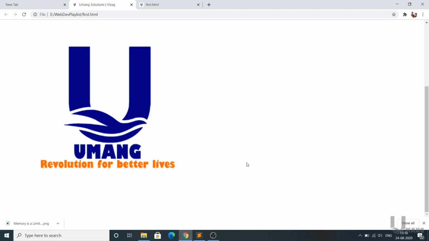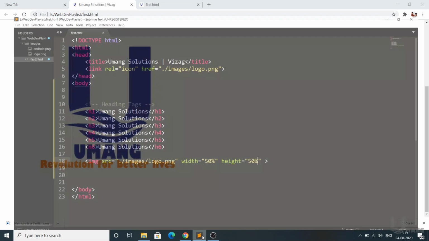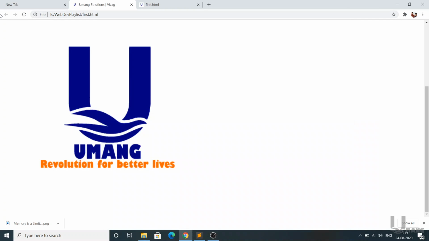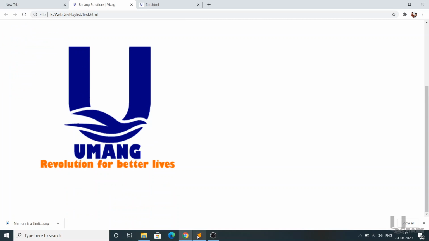So this total will be considered as 100%, and width equal to 50% means the image is occupying the left side 50%. And for height, as I told, height 50%, so top to bottom is total 100%, so it is occupying 50% height. So that is the difference between width and height.